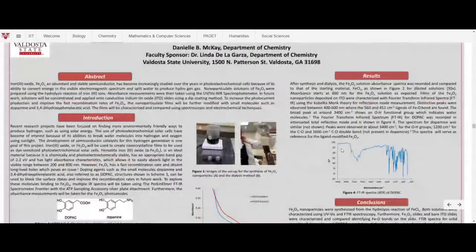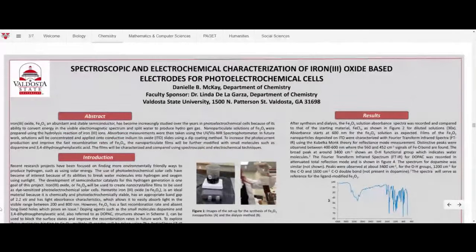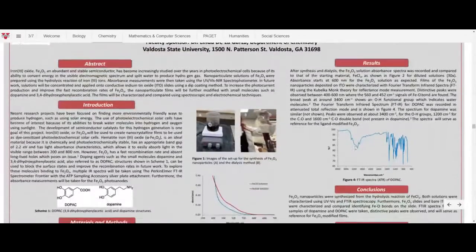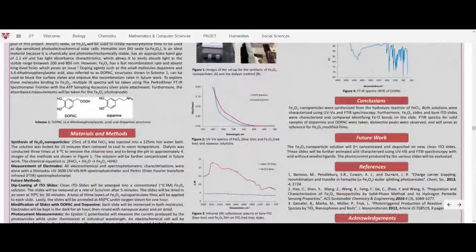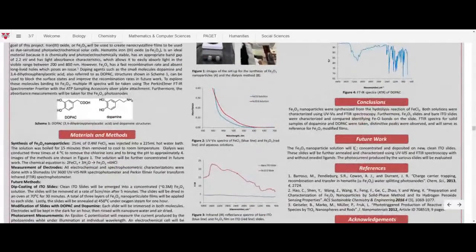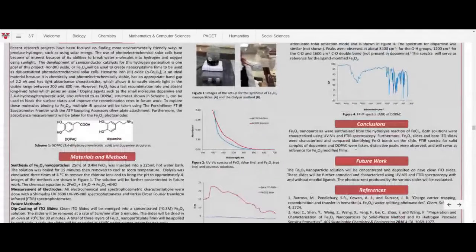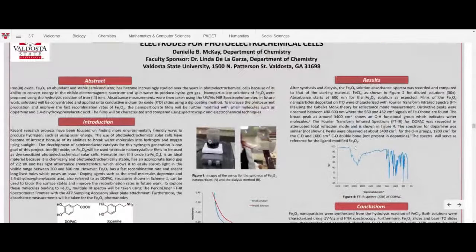So basically, we use these iron oxide nanoparticles because it's safer for us, more cost effective, and environmentally friendly. However, we do use small molecules such as dopamine and DOPAC to modify the films and improve the fast recombination rates of these nanoparticles,